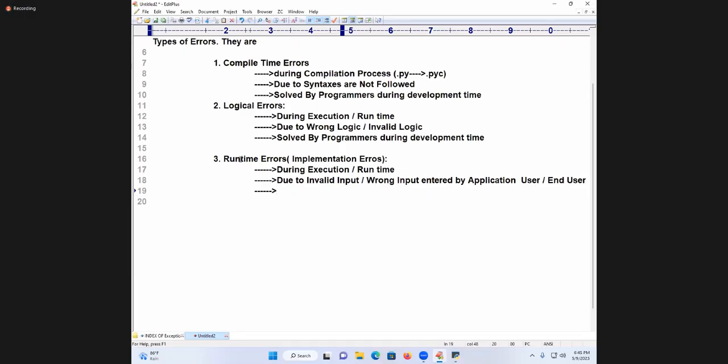These errors by default give what type of messages? Runtime errors by default give technical error messages, which are not understandable by whom? End users. End users will understand which message? So who will come in front to convert it? The Python programmer will come. So programmers will convert technical error messages into user-friendly ones. That's why every runtime error is studied by the programmers. Studied by programmer. That is called implementation error.